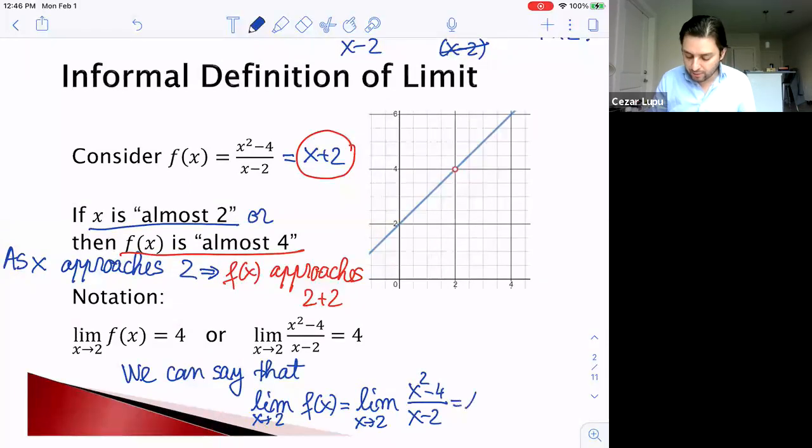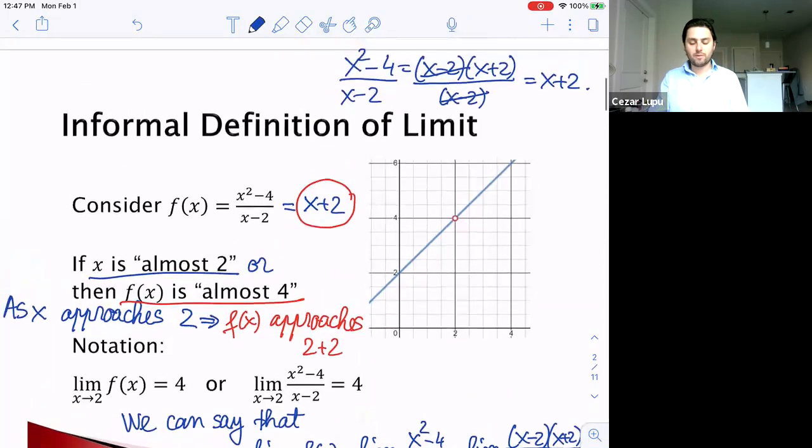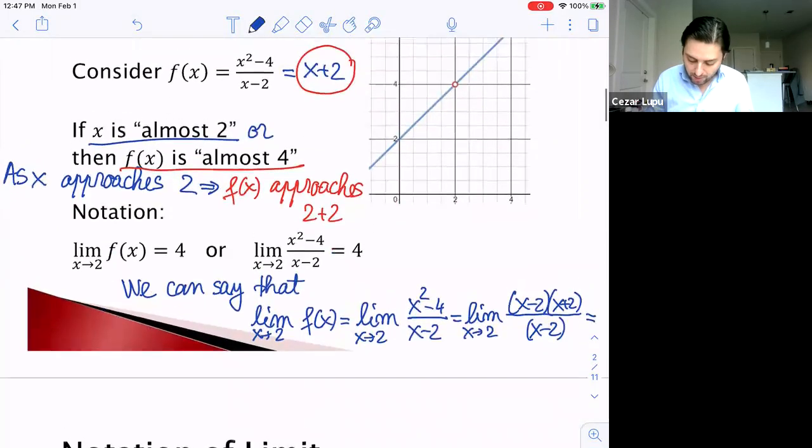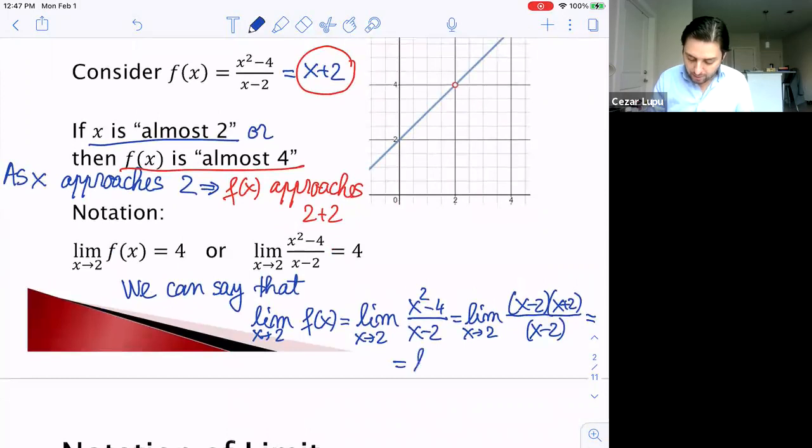But this is nothing else than the limit as x approaches 2 of x minus 2 times x plus 2, everything over x minus 2, as you have seen in the factorization here above. And this will be the limit as x approaches 2 of x plus 2, because these two factors here will cancel. And now, as x approaches 2,